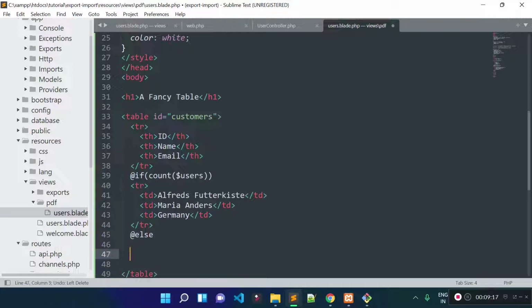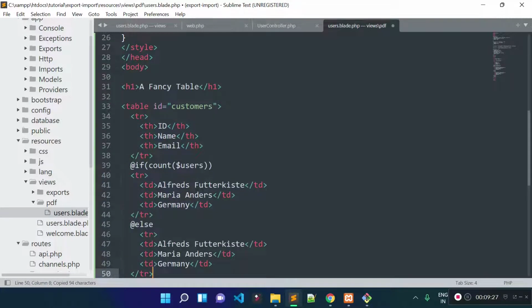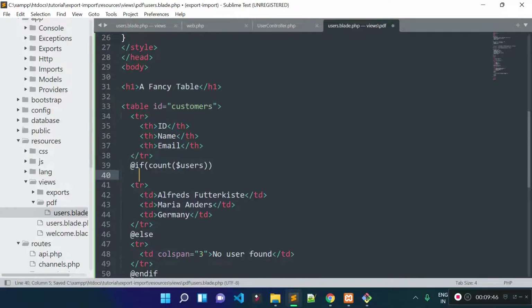Let's open an else block here, and then let's close the else block, and if no user found, then this will be a message of no user found. Okay, and let's add a colspan of 3 to this td. Okay, and here I'm going to loop all the users.